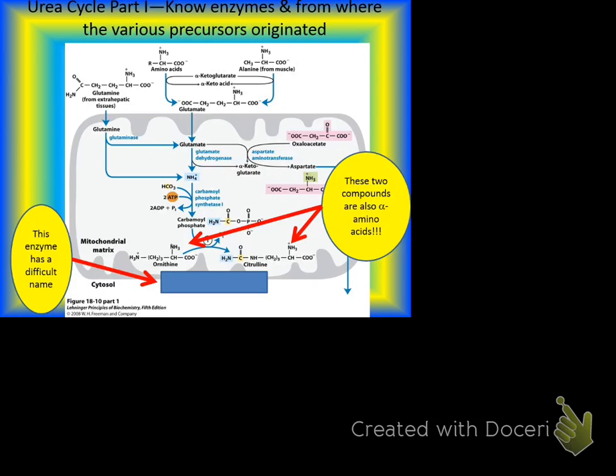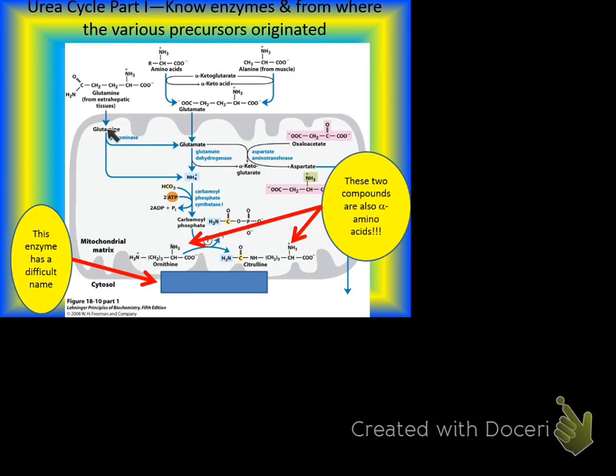I should say it's not alanine to glutamate, it's alanine to pyruvate. It's just that the nitrogen gets added to alpha-ketoglutarate to make glutamate. All right. And so the glutamate can go ahead and enter into the holy of holies of the mitochondria, the mitochondrial matrix. Glutamine itself can just go directly in, so it doesn't have to be modified in any way.